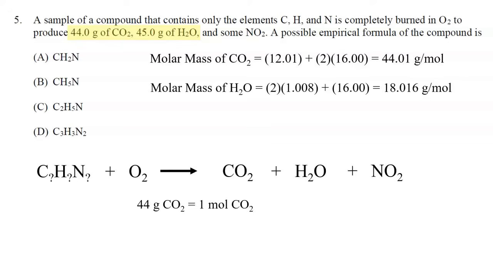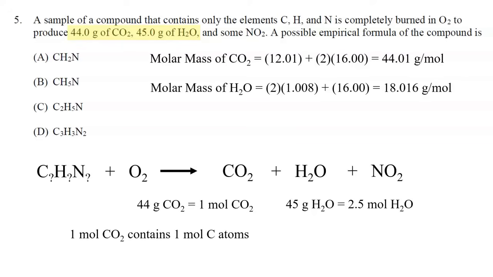If I have 45 grams of water, you can pick up a calculator and do 45 divided by 18, and you see that you have 2.5 moles of water. But individually, we're looking at the elements carbon and hydrogen. There's no subscript for the carbon in the formula CO2. So if I have 1 mole of CO2, that would be 1 mole of carbon atoms. There is a subscript for the hydrogen in water. So if I have 2.5 moles of water, I actually have 5 moles of hydrogen atoms, because 2.5 times 2